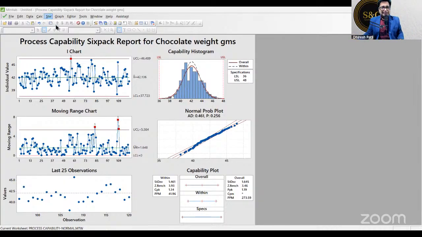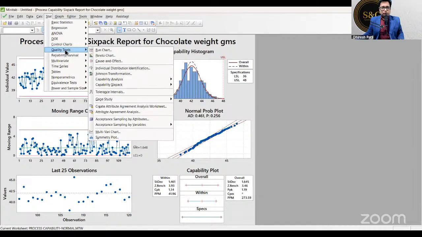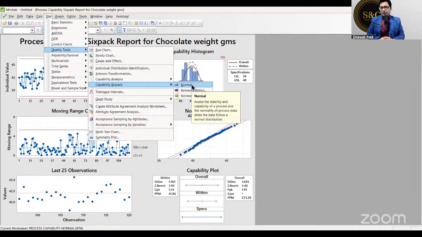Go to Stat, Quality Tools. Just below capability analysis, you will find capability 6-pack and normal. Just follow this path, please. Stat, Quality Tools, capability 6-pack, normal. Okay. Once you click on that,